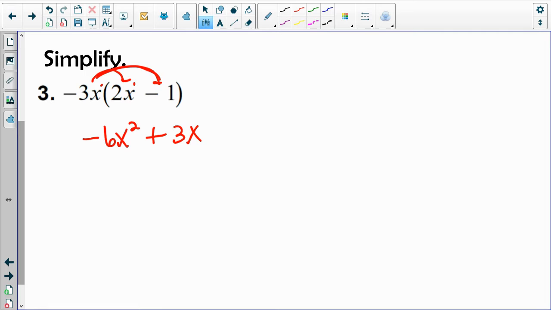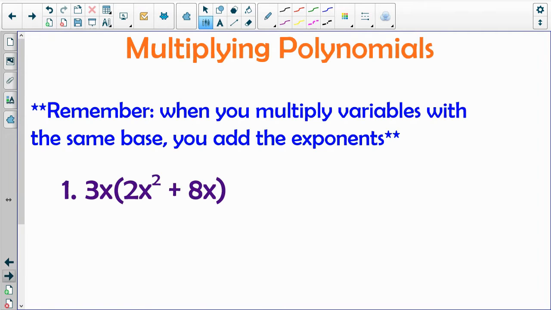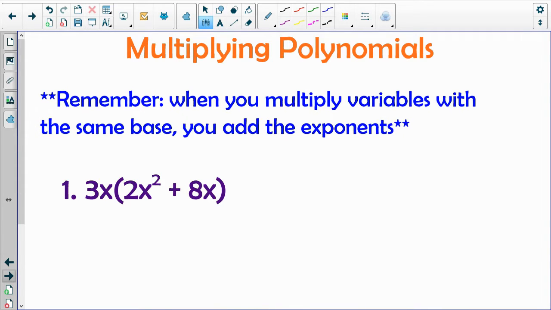So we've got adding and subtracting. Today we're going to move on to multiplying. So will you please title today Multiplying Polynomials. Multiplying polynomials. So the key today that we've got to remember, that we kind of touched on in the warm-up, is